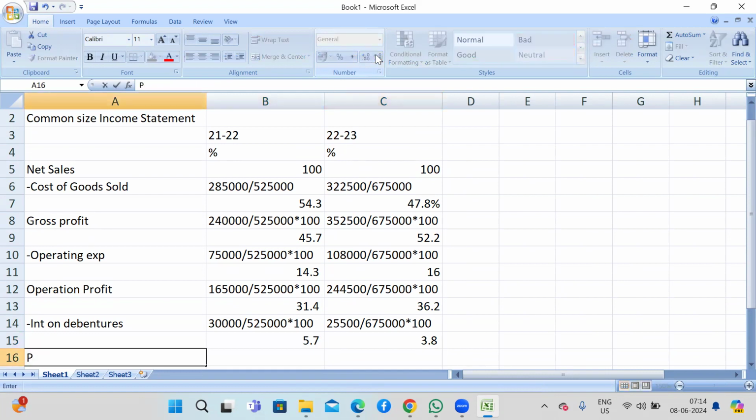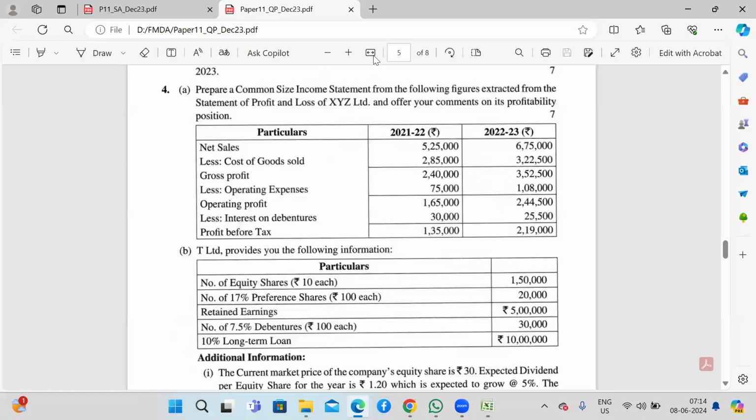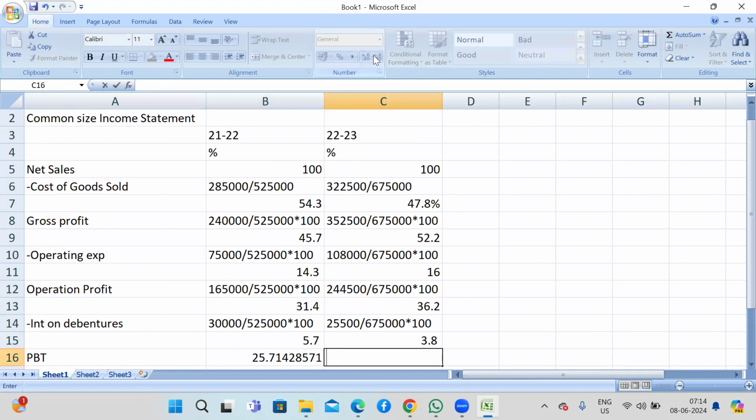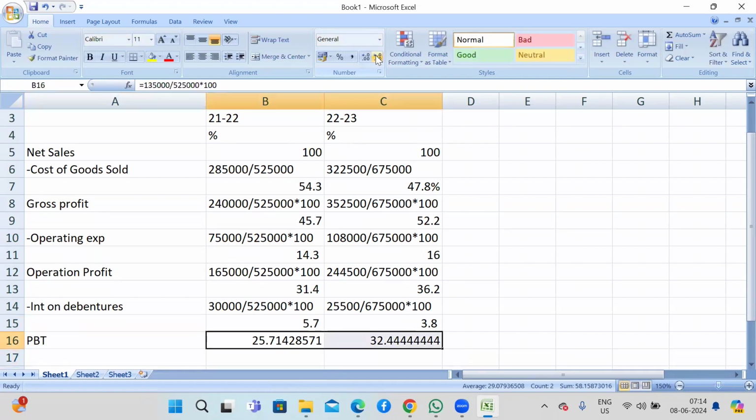So here we will be getting profit before taxes. So 135 divided by 525 into 100. So 25.7% and 219 divided by 675 into 100. So 32.4 percentage. So here what we need to do is we need to compare this and we have to